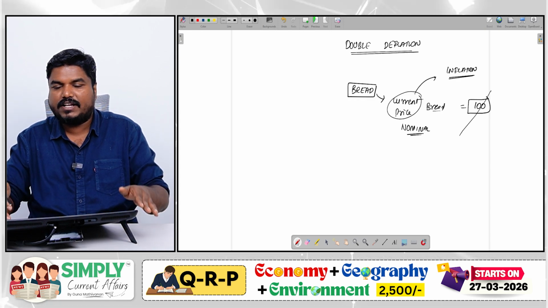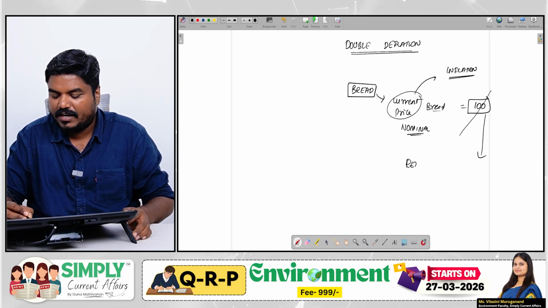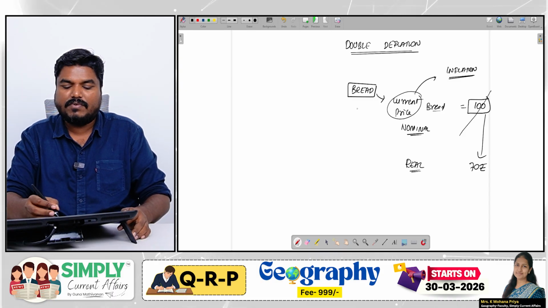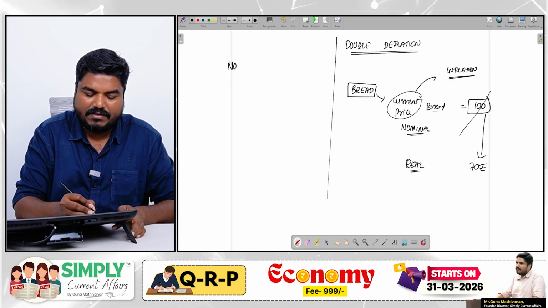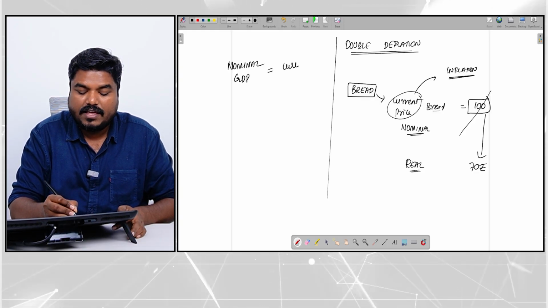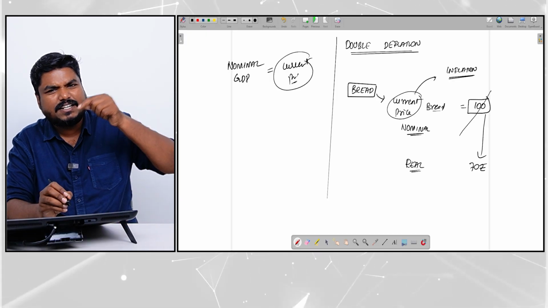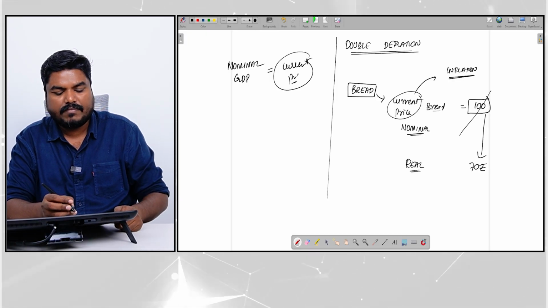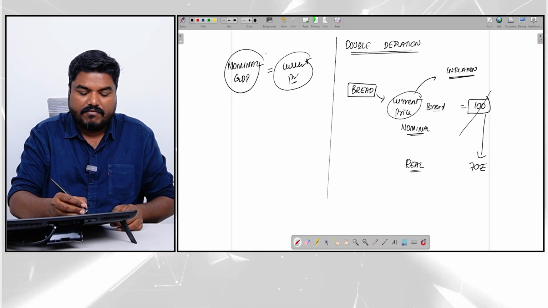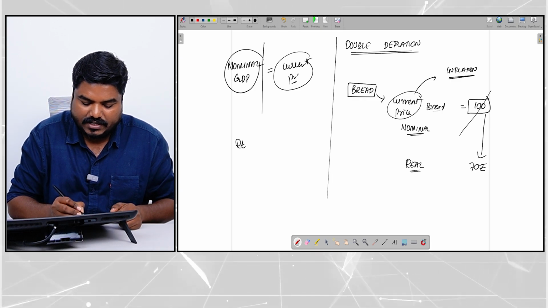So after adjusting for inflation, the bread price might be 100, but the real price could be 70 rupees. This is what we do for GDP also, right? What is nominal GDP? When you calculate the GDP using the current price, that is called nominal GDP. This current price generally has the influence of inflation. Now this nominal GDP value has to be adjusted for inflation. When you adjust the nominal GDP for inflation, what you get is real GDP.